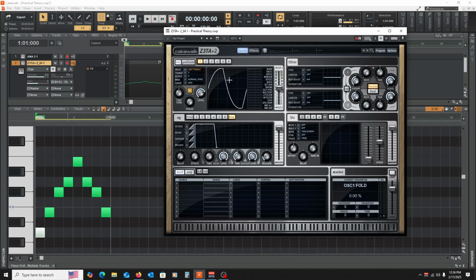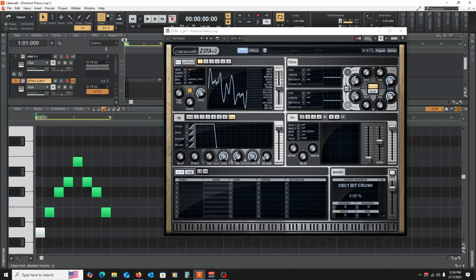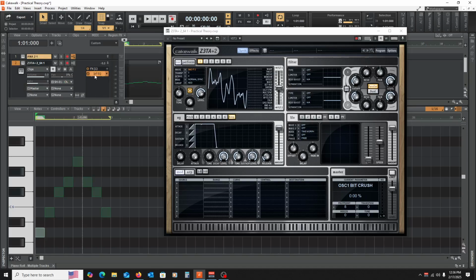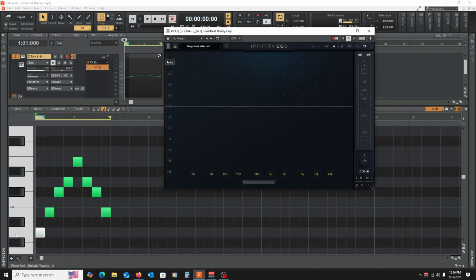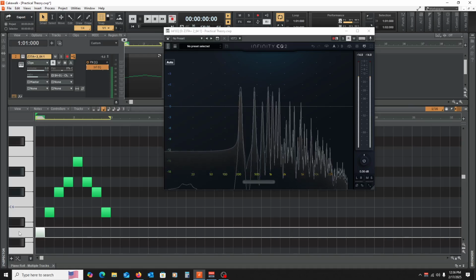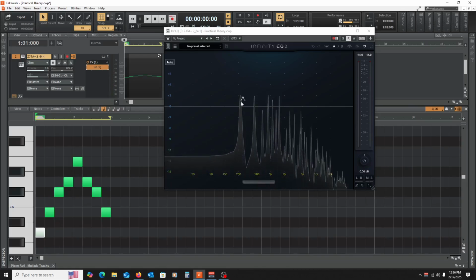All right. You can also do different waveforms. And if we were to analyze this, you can see our fundamental frequency here, and then you can see the harmonics, and it's a little bit more complex, a little less,